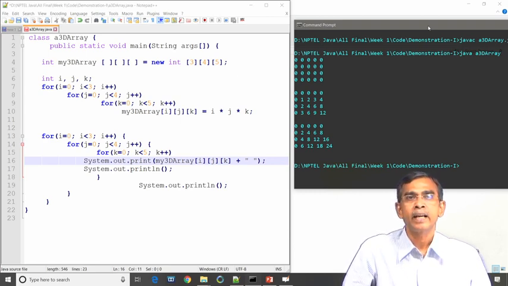And you can see in each page, how many rows? 4 cross 5. What is the 4 cross 5? 4 rows and 5 columns. In each 2-dimensional array there are 4 rows and 5 columns. So, this is the way we can handle the 3D array.